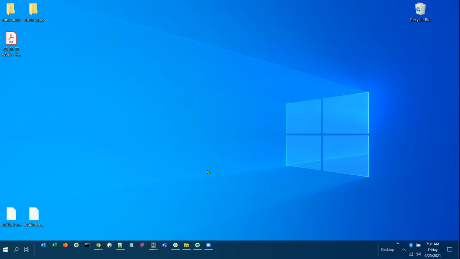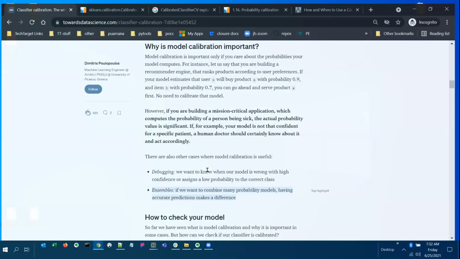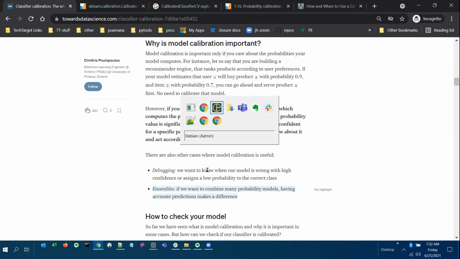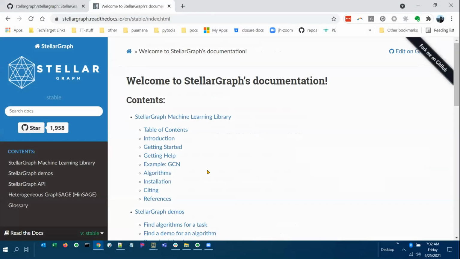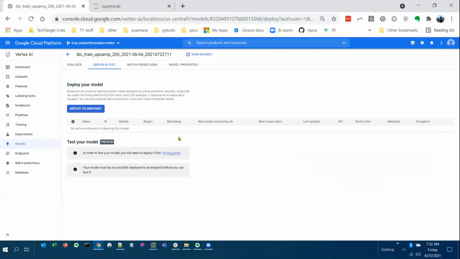Yeah. Oh, God. Okay, so what am I trying to do here? I want to show you guys the calibration stuff. Let's see what I got here. I've got too many things open. All right, there's Stellar now. So what I did is I forked the